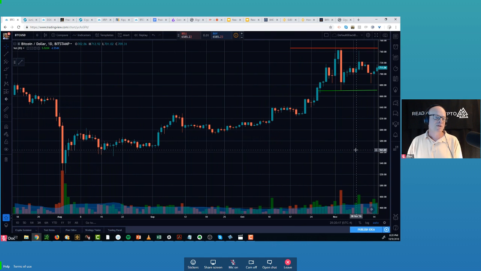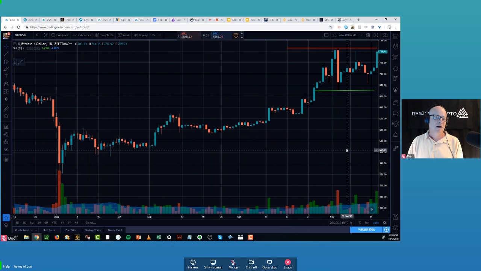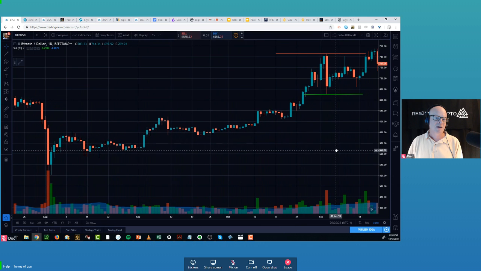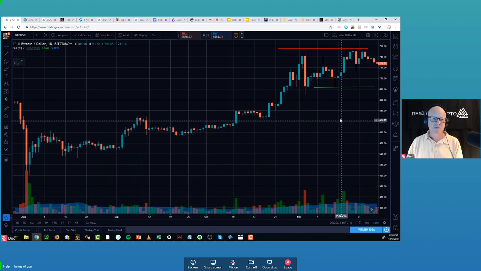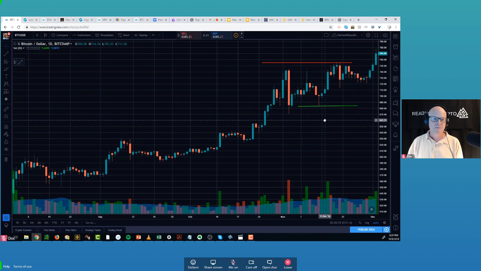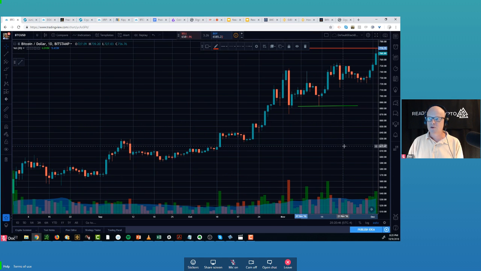We're still in an uptrend, so we would expect to see higher highs and higher lows from here. So now we have a new high, and guess what? We have a new low. We now have a higher low, don't we? And we now have a higher high. This is what an uptrend does. It's not magic. This is just simple stuff here, guys. Guess what? We have a new high. And don't we have a new low? What would our new low be? I would say it's probably going to be about 720. There's our higher low.